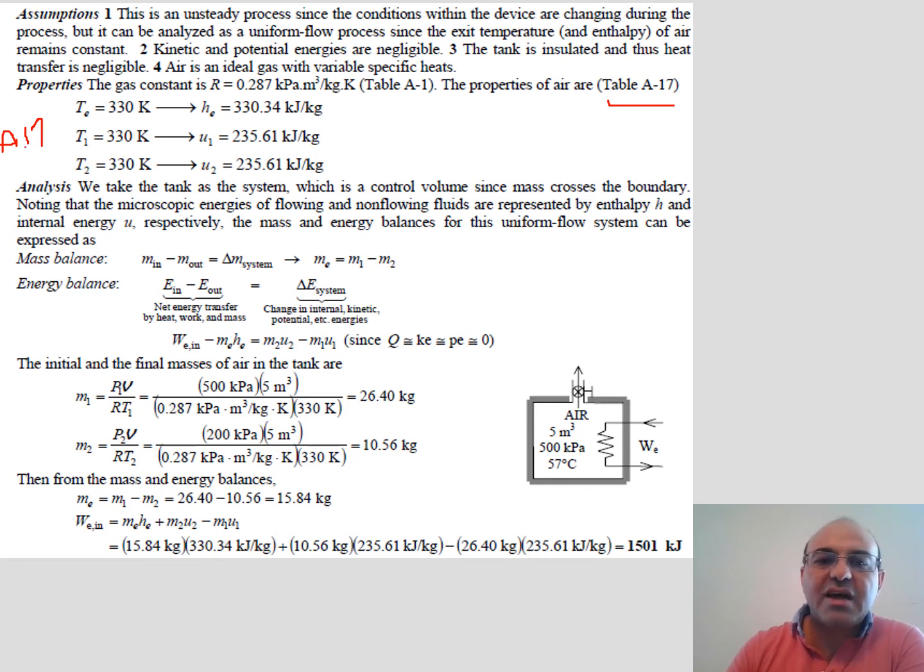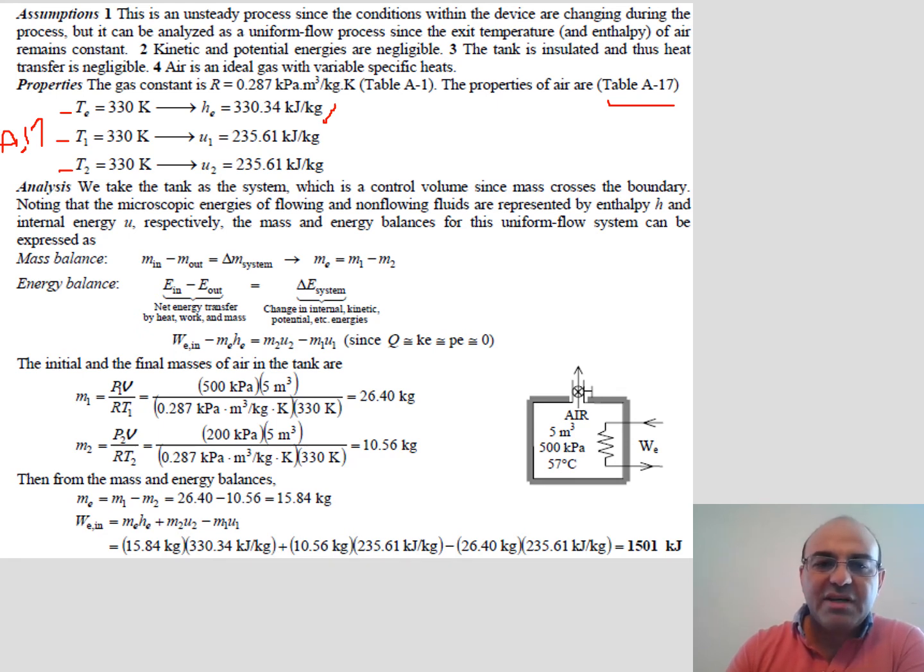So to avoid ambiguity, I usually tell whether you should use a specific heat or you should use table. So this is exact solution. It means that you should use table. All right, so the initial temperature is 330, the final temperature is 330, and also the temperature of the air that exits the tank is 330. So it's the same temperature. So enthalpy for all cases,